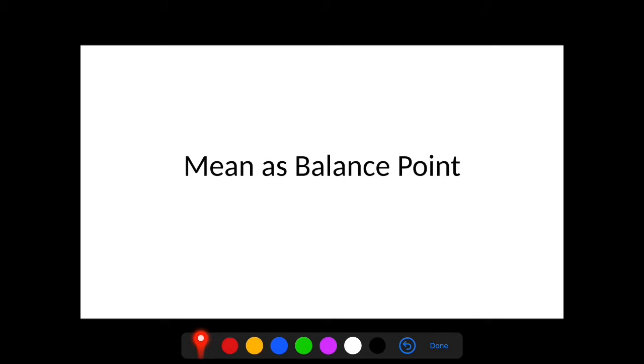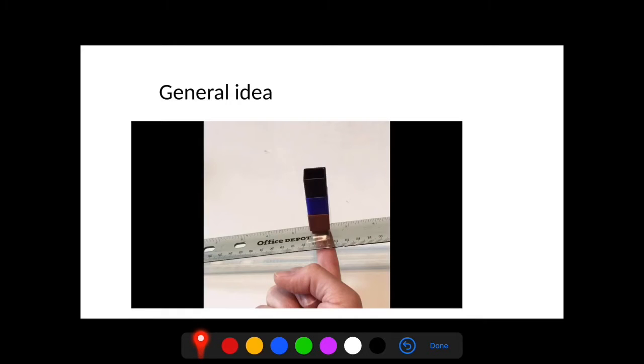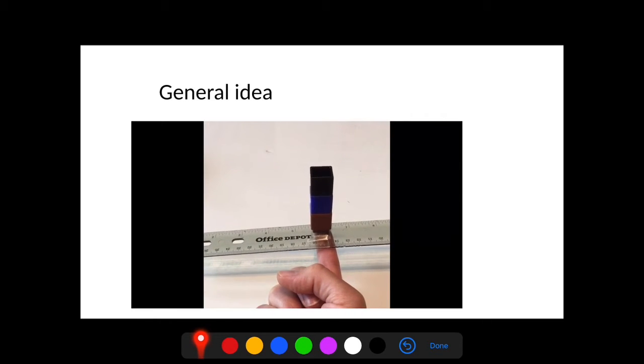Let's talk about mean as balance point and continue to try to understand mean at a deeper level. First, let's look at balance points in general. Here I have 3 blocks stacked on a ruler, and I've balanced it by putting my finger directly underneath the